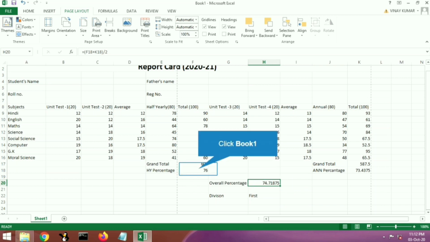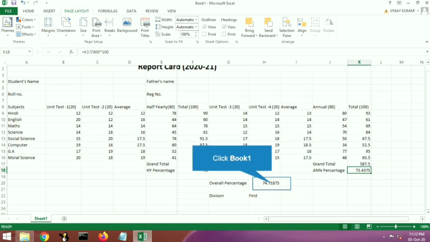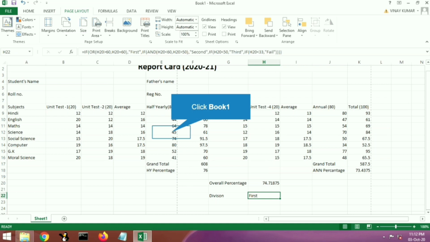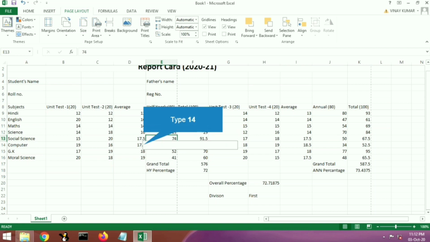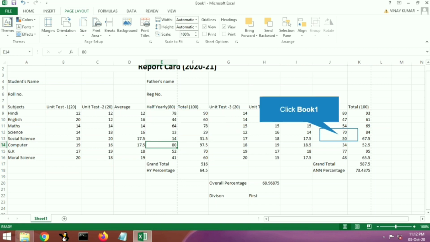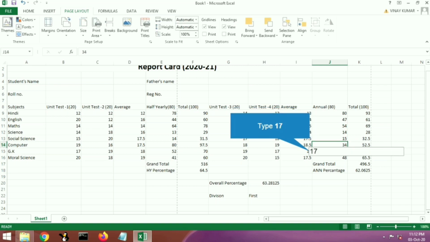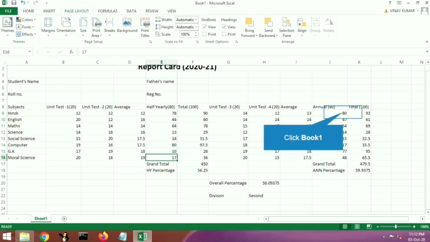So what you can do, you can use the formula sum function, average function, IF function. You can combine IF with the help of AND or OR function. These functions are very crucial, and they play a very important role in developing any calculating worksheet. This is a report card. So you can develop a report card in Excel also. It's possible, but you only need to know the working of the functions. You can see that when I change the value, automatically the total, the percentage, the overall and the division get updated.